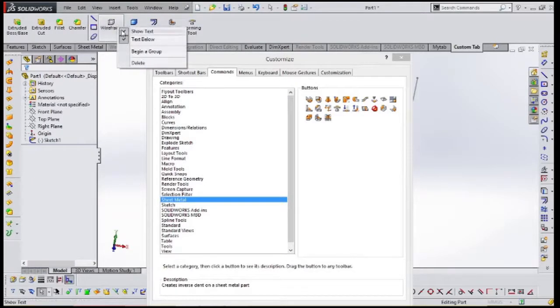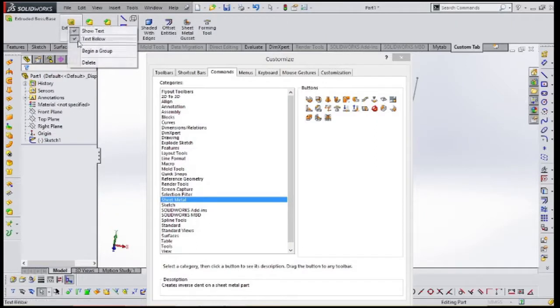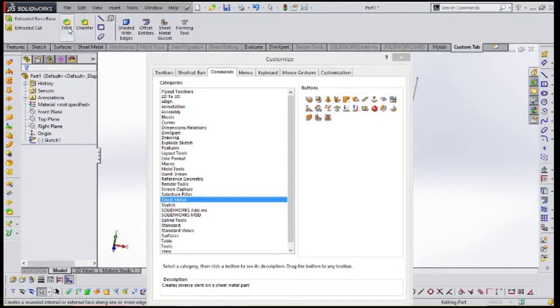So now I have done this. Now from here I want another group, so I can simply right click and click on Begin a Group. These are the options, so we can customize as groups. And here if you feel it is not right to show at the bottom, then you can keep it like this.